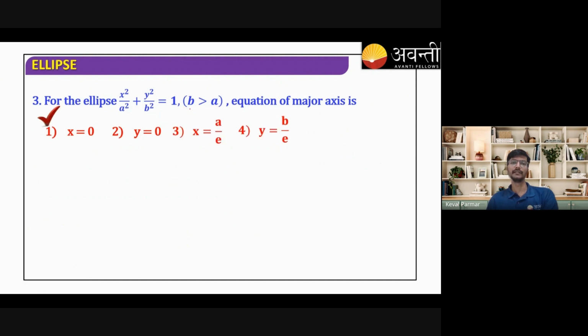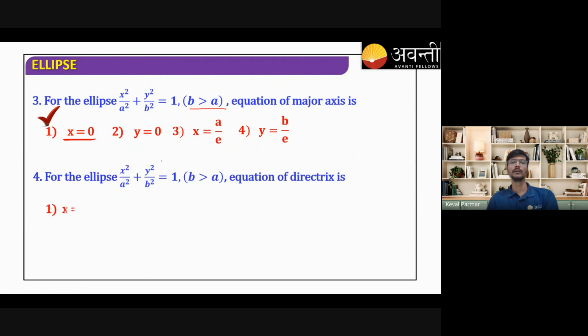B is greater than A. What is the major axis? No, no. Beta, major axis is y axis. But its equation is x equals to 0. Equation is given. Yeah. Got it. Superb. For the ellipse, equation of directrix is